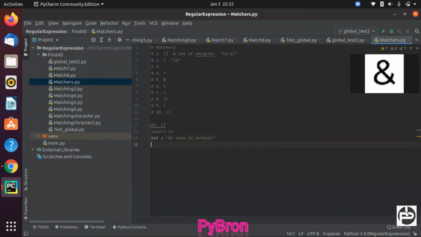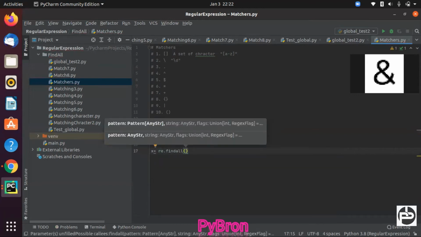Now I'm going to say x is equal to re.findall, and you all already know what findall is used for. findall is the function which returns a list wherever the condition matches. That's all.